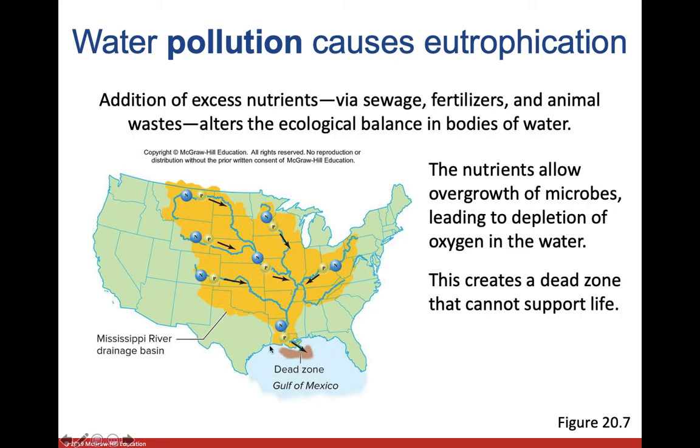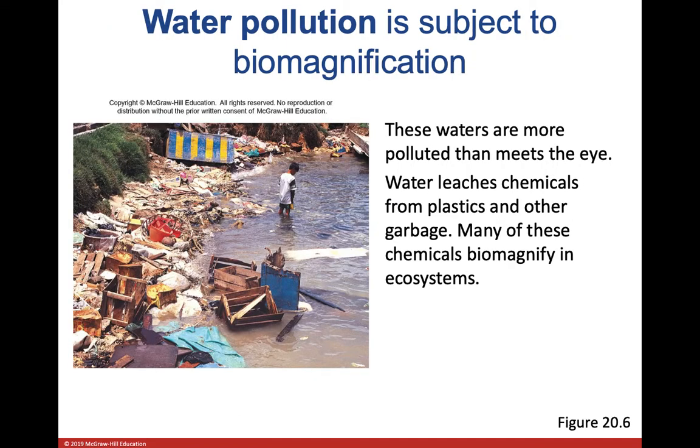Eventually it's going to end up in the Gulf of Mexico. Now, all of that pollution is going to kill lots of life in the Gulf of Mexico. It's going to cause too many bacteria to grow from all of these nutrients. Those bacteria are going to suck the oxygen out of the water, which causes the fish and other organisms that need to breathe the water to not be able to live. So all of this stuff has strange impacts. The things that we do to the earth have very strange impacts on the ecosystems around us.